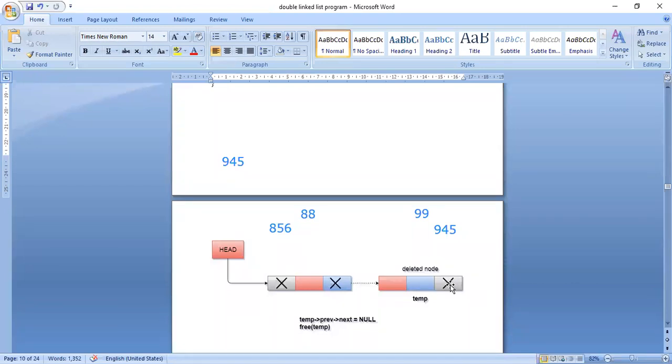The first node's previous pointer will be null, and the last node's next pointer will be null. In that way I will identify the first node and the last node.